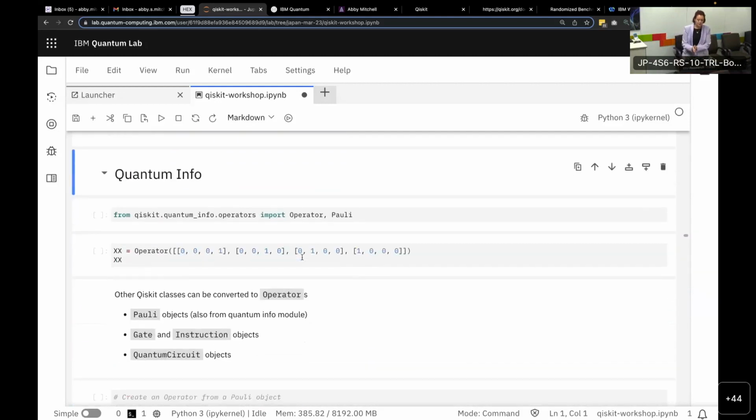All right, next up I want to talk about quantum info. This is a really important module in Qiskit if you are doing, I think, any form of research or more advanced things, and you want to do more mathematical operations when you're dealing with operators rather than at the gate level. The classes I'm going to talk about specifically here are Operator and Pauli. The first one,